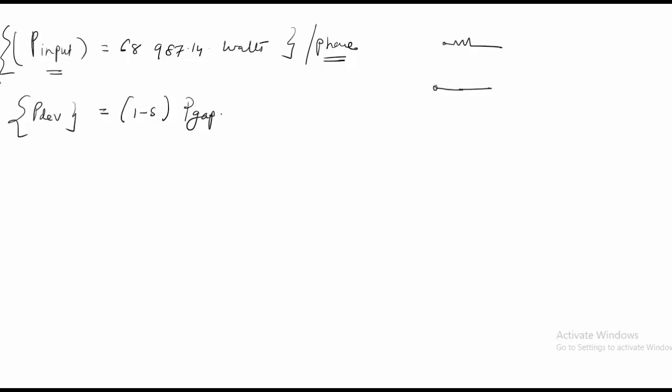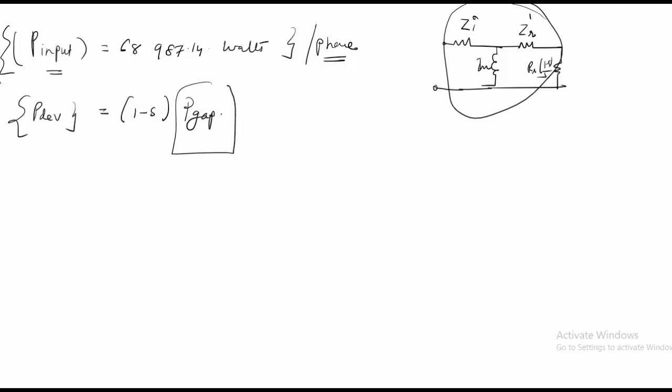There was an impedance here Z, which you can call input, and then there was IM, and then there was a circuit for the rotor ZR dash, and then there was a resistance of rotor which was related to the slip by this. So whatever power you are transferring is the power which is across the gap. So first you have to find the power which is transferring across the gap,